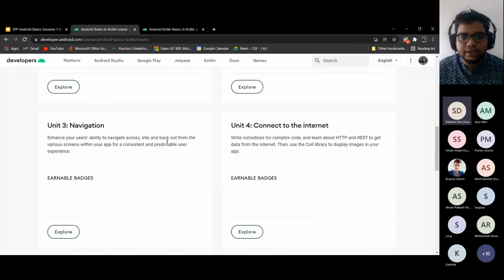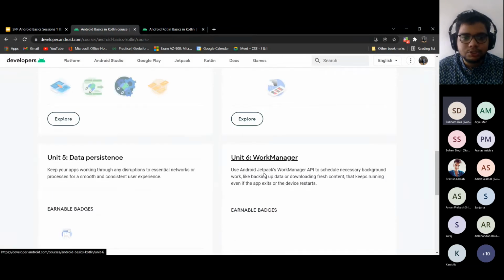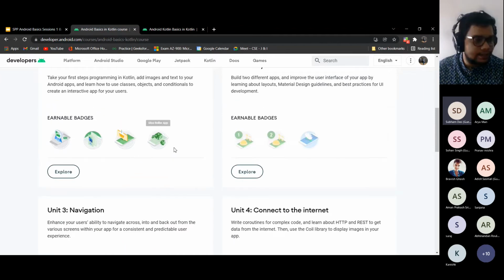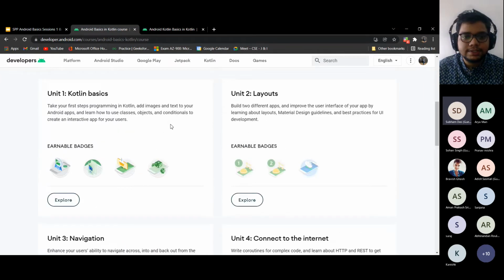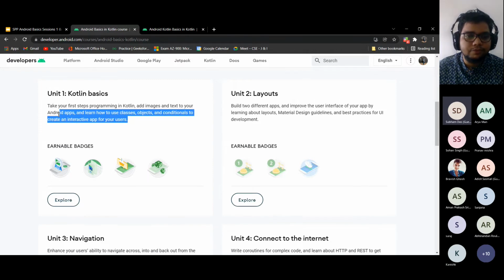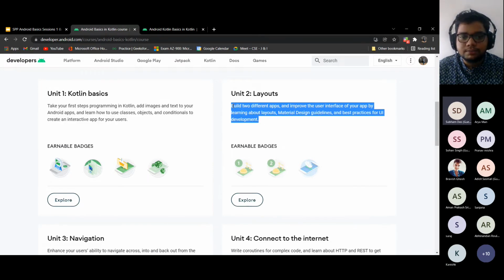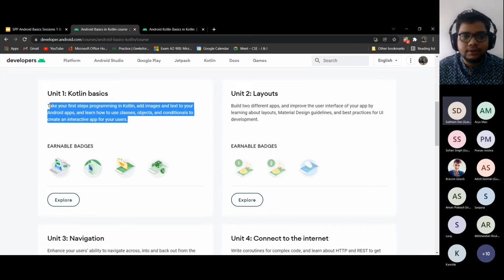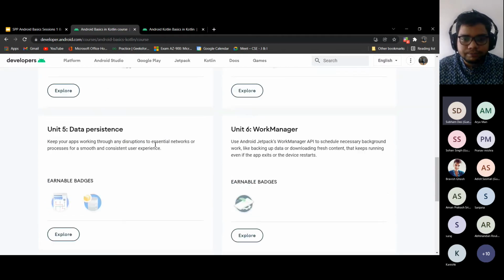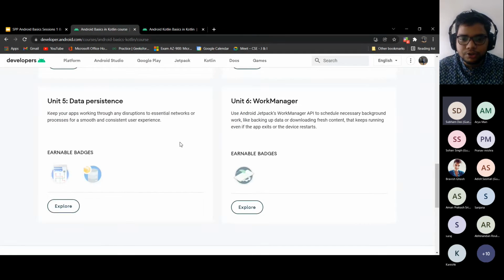Before January 10 you need to complete these courses to be eligible for a certificate, that is the course completion certification, and also other perks like getting your app featured by Google. That is an opportunity for one application, and you would have a chance on that as well. So this is all for today, and if you have any questions, you can ask right now, or we will end the meeting.